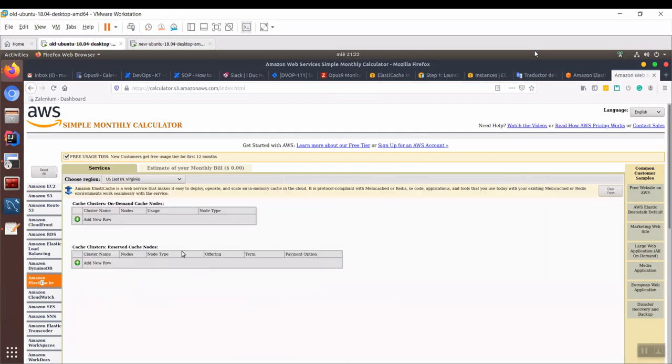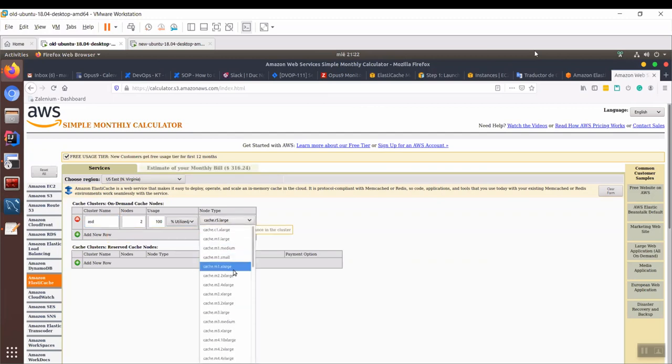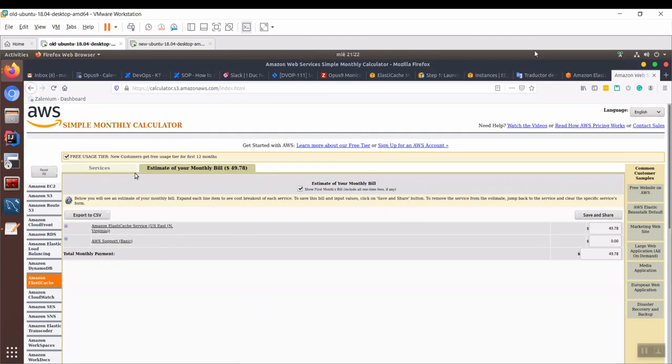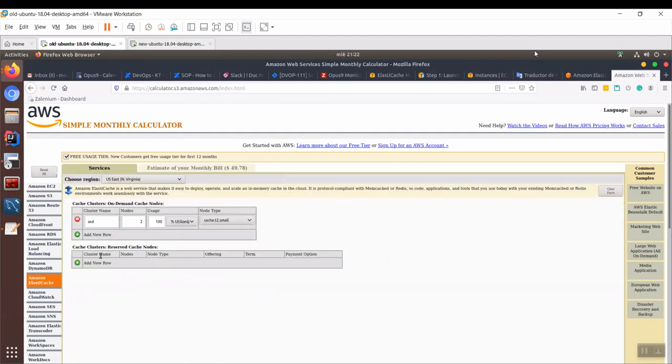Amazon ElastiCache, this is Redis. So here, select how many nodes and so on. The instance type, T2 small, $15. Do you see? And I don't know what this is, but check this also. Maybe it's for the clustering. I don't know. So start here. Start doing the research of the cost here, and then we can work on the network diagram.